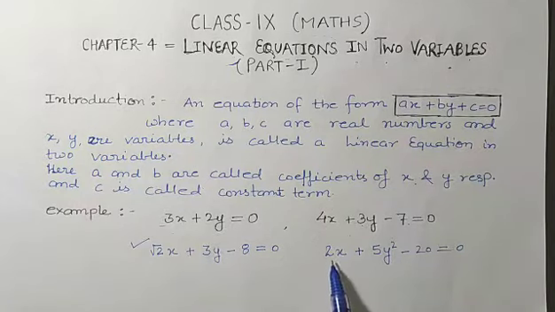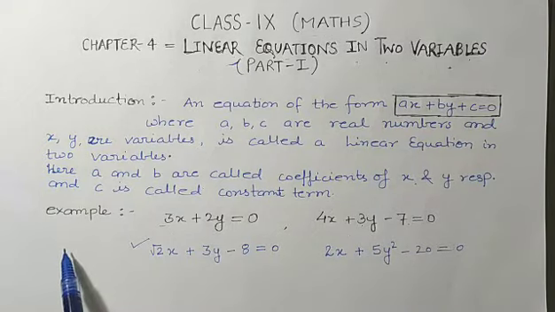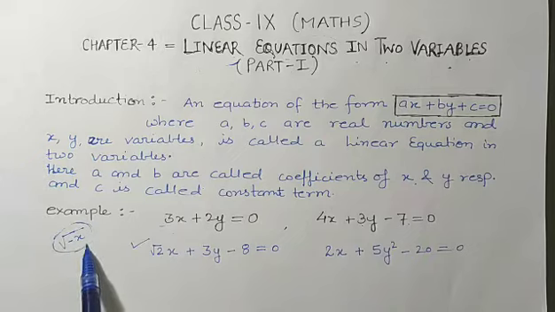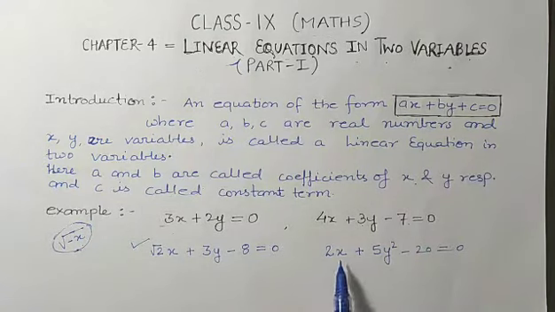So let us check. 2 is a real number, 5 is a real number, minus 20 is a real number. Okay, all numbers that can be represented on the number line are real numbers. Whenever a number is like in this form, these are not real numbers, these are imaginary numbers, because the square root of a negative number will be an imaginary number. So except these kinds of numbers, all numbers are real numbers. Okay, students, so here 2, 5 and minus 20 are all real numbers, so it is okay.